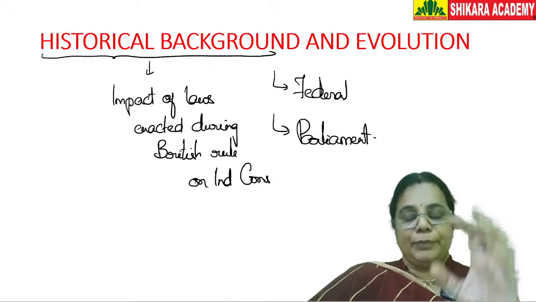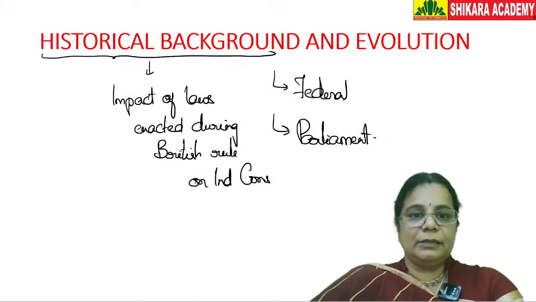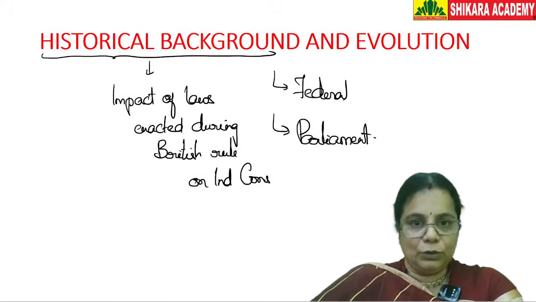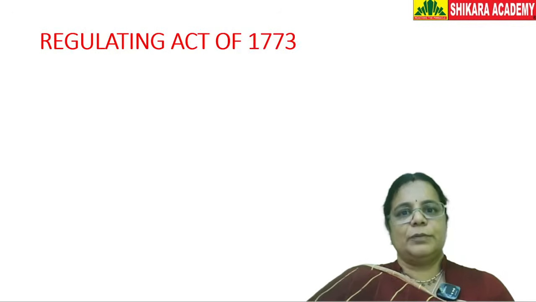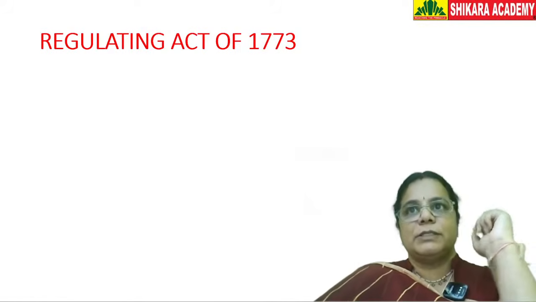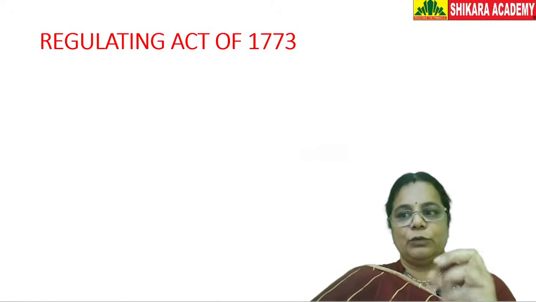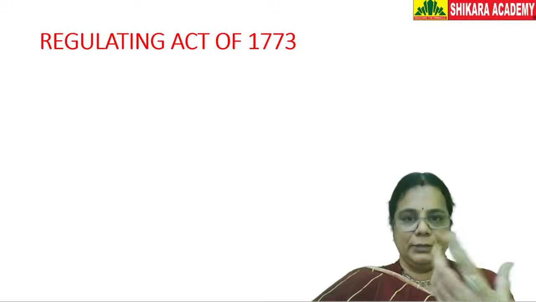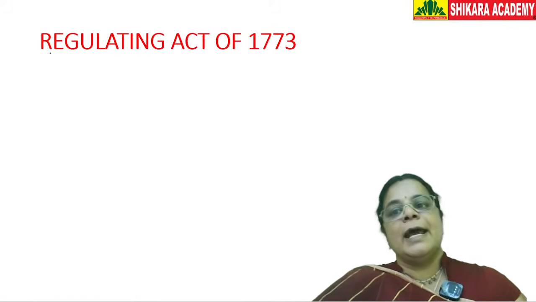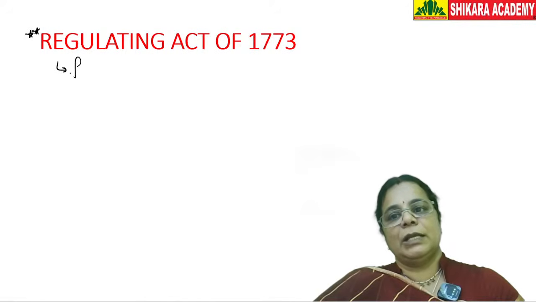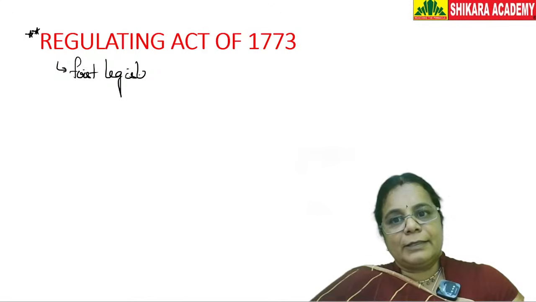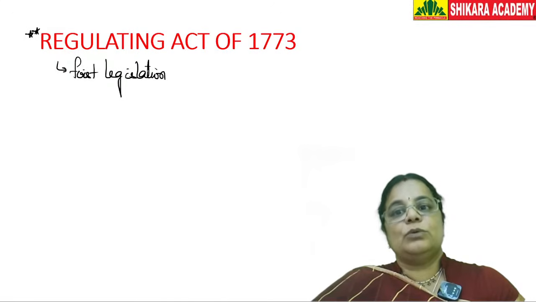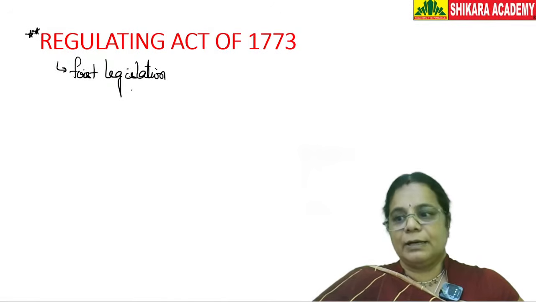Now, the introduction was done in India through British-made laws. What are these laws and how did they affect us? A very quick backgrounder I'm going to tell you. The focus of this session will be on quickly telling you what is important for you in the laws that were enacted. The Regulating Act 1773 is the first legislation that was enacted for India. This was not enacted directly for India. It was enacted to regulate the affairs of the East India Company in India.